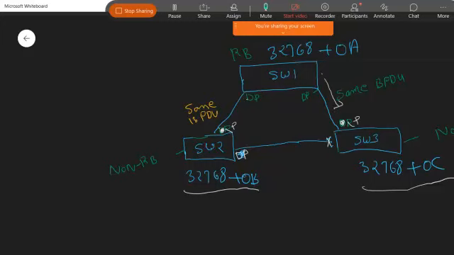Root bridge and non-root bridge election criteria first, right? Now the second election criteria is to select the DP port, root port, and block port.